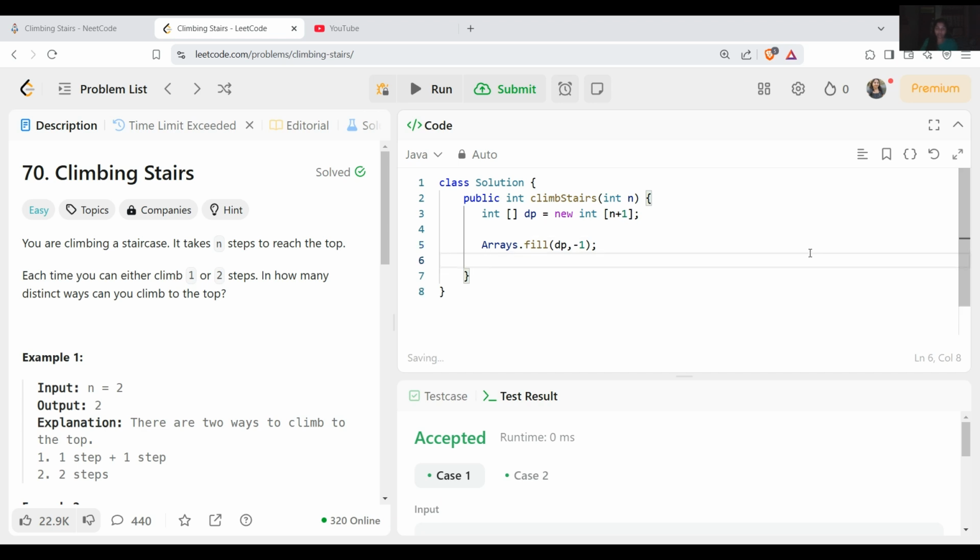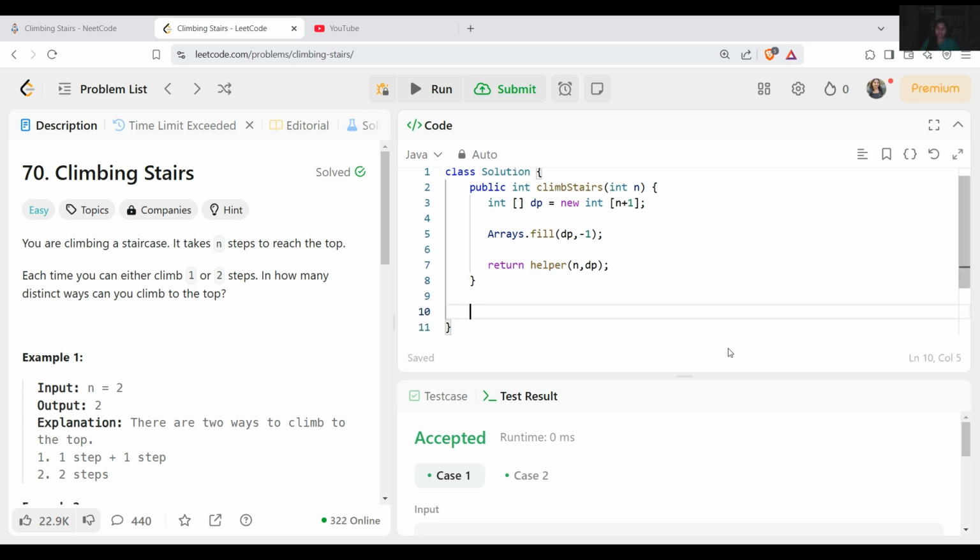And from here I'm going to use a helper function. Inside that I will pass the size, or whatever the steps are, and the same array with that. Using that I will calculate the result. Let me write this. For the same, we will put a base condition like we did in the brute force solution. It will call helper, and inside that we need n, and secondly the array, that is dp.